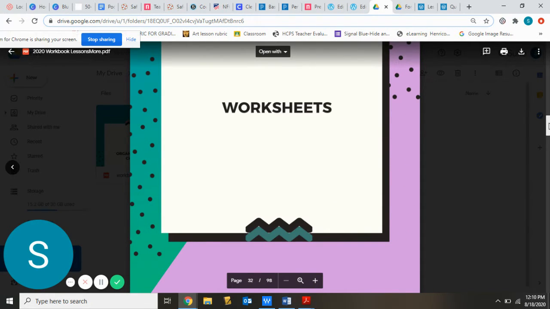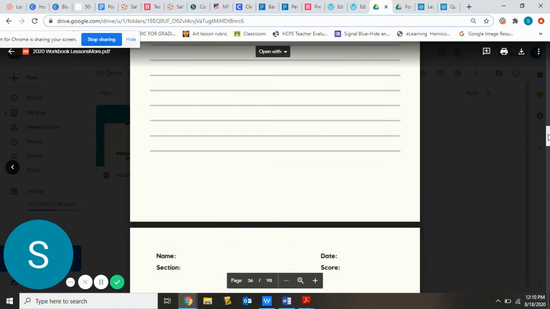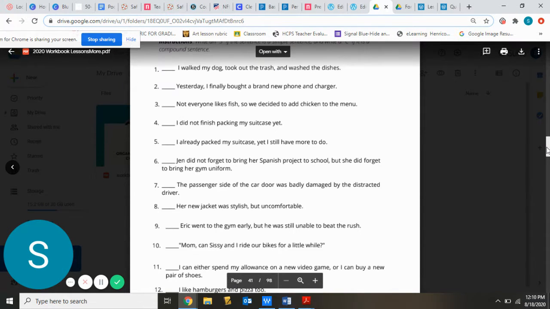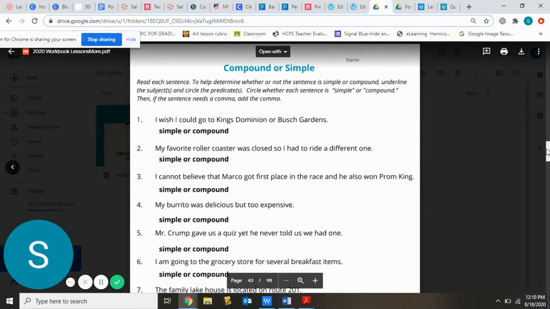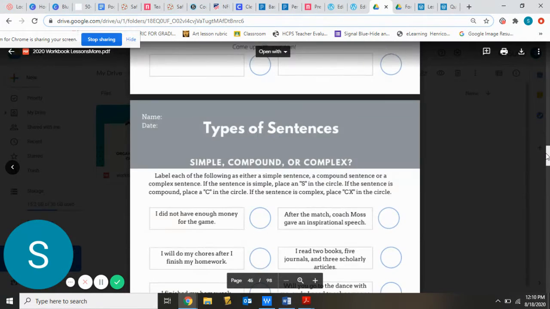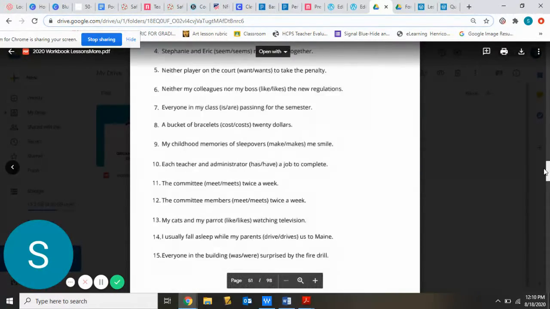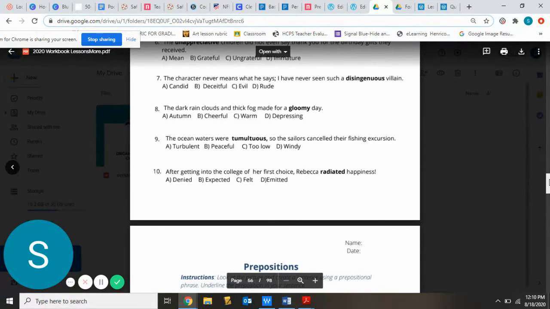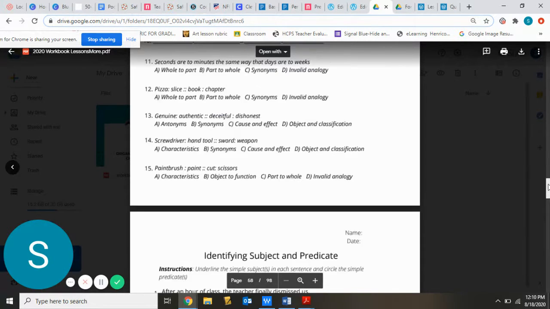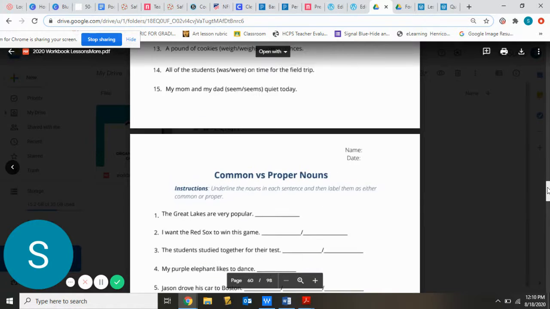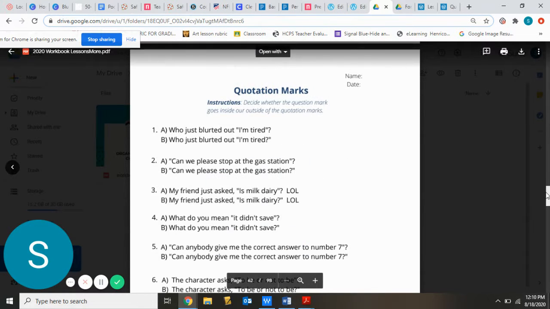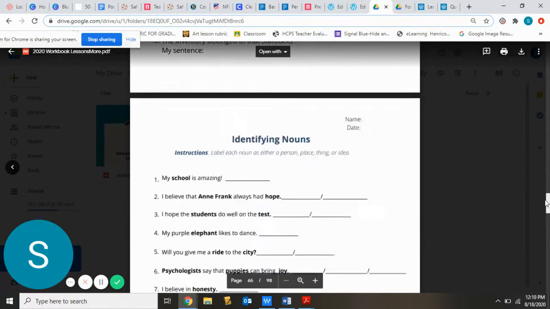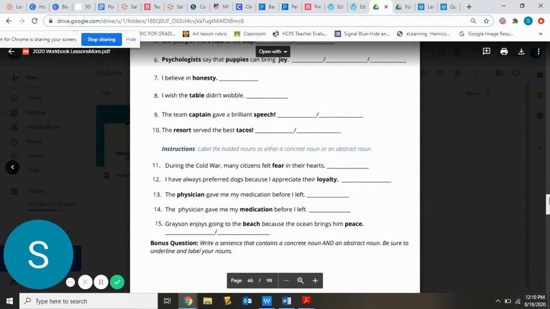And then we have our worksheets, and these will come with a separate answer key as well. So you have daily prompts to start it off with some creative writing, and then you have lots of worksheets on types of sentences like compound, complex, independent versus dependent clause, simple versus compound, verbs, types of verbs, adjectives, adverbs, context clues, prepositions, analogies, identifying subject and predicate, subject-predicate agreement, common versus proper, quotation marks, where does the question mark go, inside or outside the quotation marks, apostrophe rules part 2, is the noun concrete or